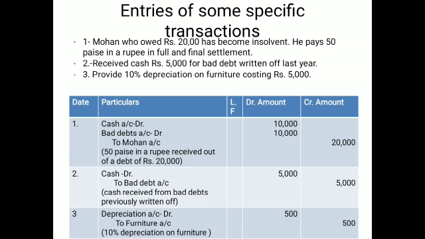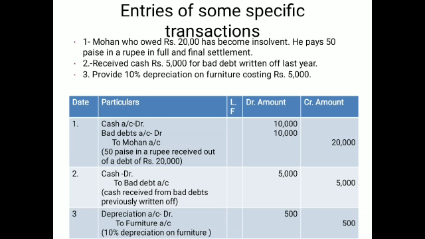which is already written off with the name of the bad debts. Now cash account will be debited, and the bad debt is minimizing the loss. Now you may write down here the bad debts recovered. It means the loss is minimizing. When the loss is minimizing, it will be credited with the name of loss called as bad debts. Bad debts recovered also. So the money is coming, asset is coming, 5,000, and the expenses and the loss is minimizing. That's why bad debt is on the credit side with the amount of 5,000.